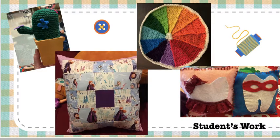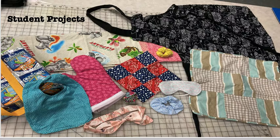Below is a patch pillow, used all scraps to create it. And then in the bottom right hand corner are 2 examples of tooth fairy pillows that were made. Some other projects are bags out of recycled items like Capri Sun pouches, baby bibs, different pillows, eye masks, hair accessories, pillowcase, oven mitt, as well as an